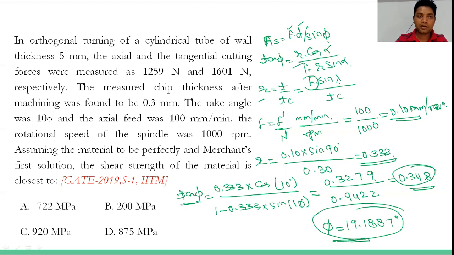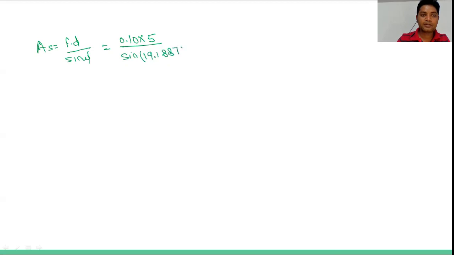Now phi is calculated, so we can calculate As. f is calculated, d we are assuming that is 5 mm only, so As we can calculate this value from here। Okay, so for As will be equals to f into d upon sin phi। ठीक है, f की वैल्यू रख दीजिए, that is 0.10 into d कितना है 5 mm upon sin phi, sin phi is 19.1887 डिग्री। ठीक है, जब आप इसको कैलकुलेट करेंगे, सो व्हाट आई एम गेटिंग इज दैट इज 1.5212। देखिए, this is mm and this is mm। Okay, so that will be mm square।